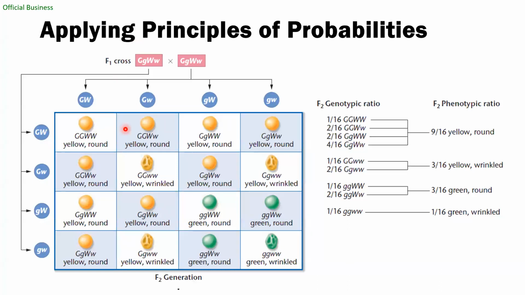This one is homozygous for both dominant traits. This is yellow but heterozygous for the wrinkled. This is still yellow, heterozygous for the color but homozygous for the wrinkled. This offspring is heterozygous for both. So basically, you just combine all of them, and you end up with this fraction, which is basically the probability of having this particular set of offspring. So this is basically an application of Mendel's laws. In the next part, we will look at what is beyond the principles of Mendel.